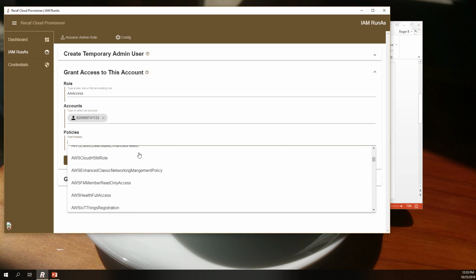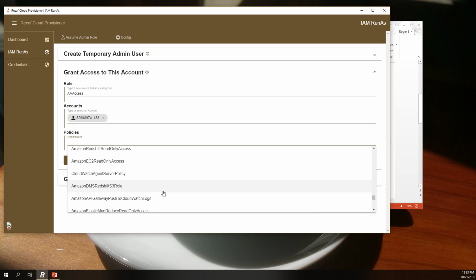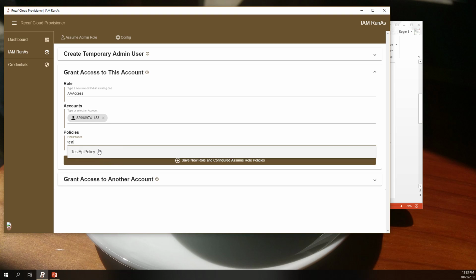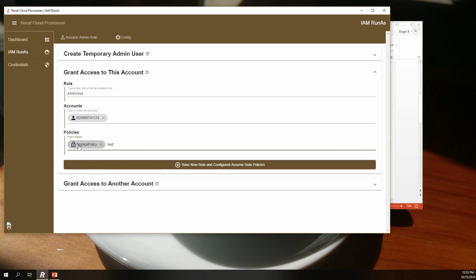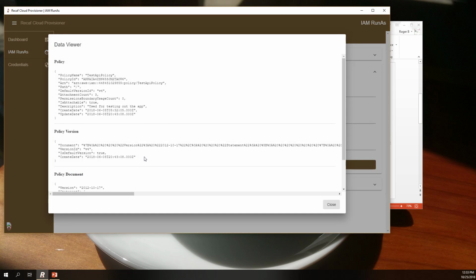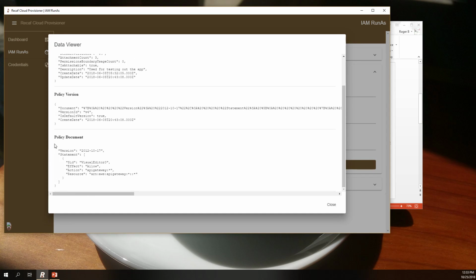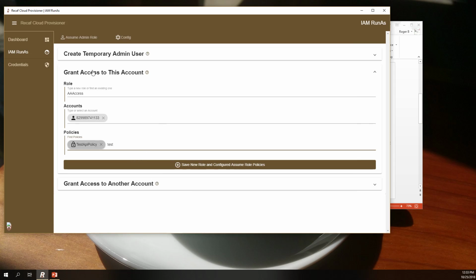I set up whatever policies I want to grant access to in account A. So here's test API policy. It's just something that doesn't really mean anything. If I click it, we can see the actual policy document and what it does. It's allowing API Gateway, but that's beside the point. So all I have to do here now is just click Save Role,